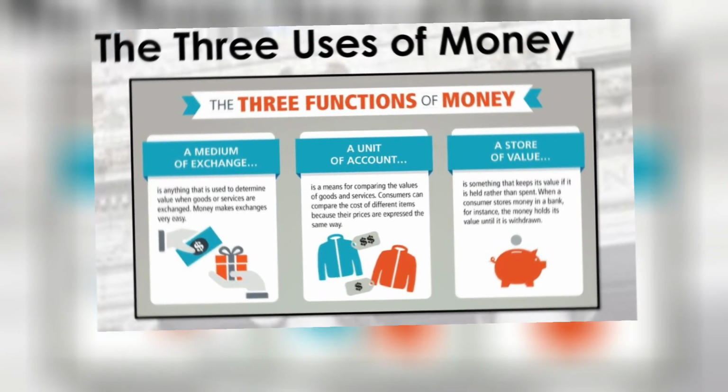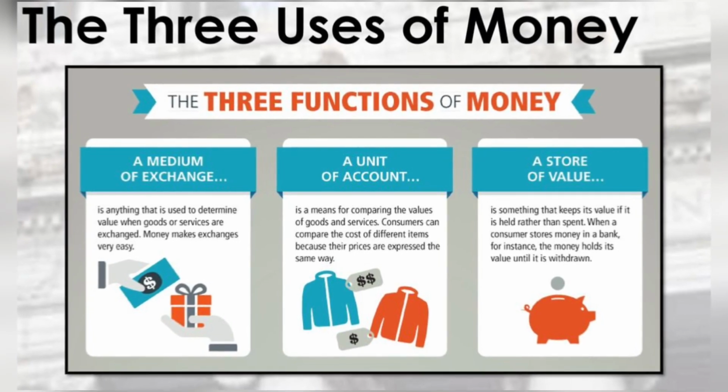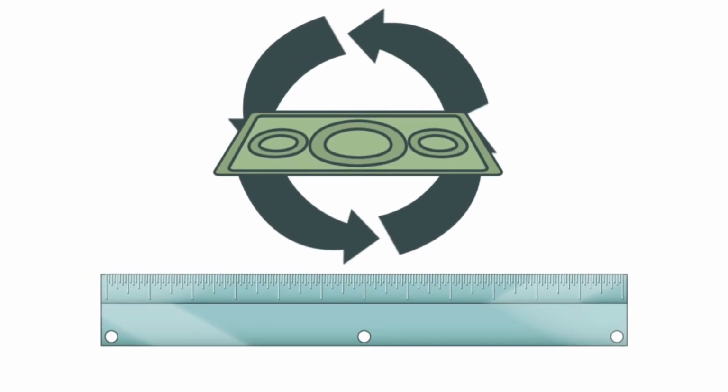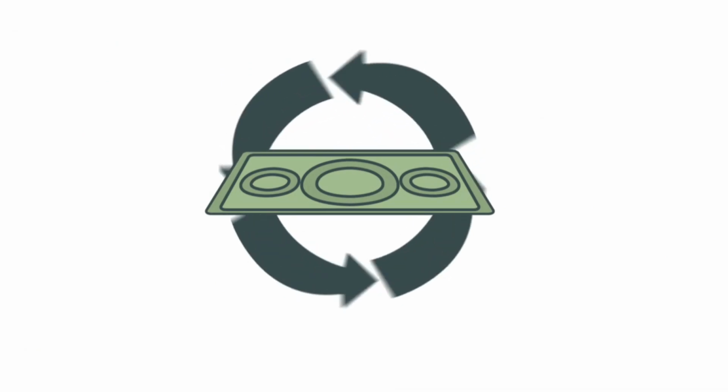As we have seen, money performs three basic functions in the economy that make it indispensable for any modern society. But how is money created and regulated? Who decides how much money there is in circulation? The answer to these questions depends on the type of money we are talking about.